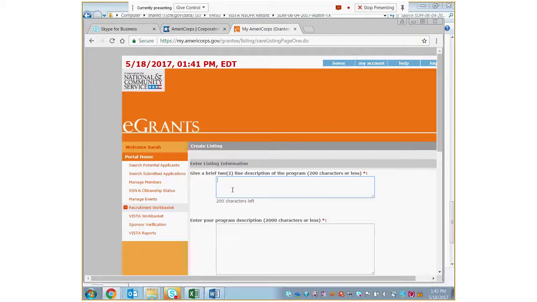And this is where you're going to want to put in a description that's very interesting and attractive to any individual who looks at your opportunity listing. When I show you what the screens look like for an applicant, you'll understand why it's so important that your 2-line description is attractive and exciting. So this is going to be an attractive, exciting statement about your overall project.